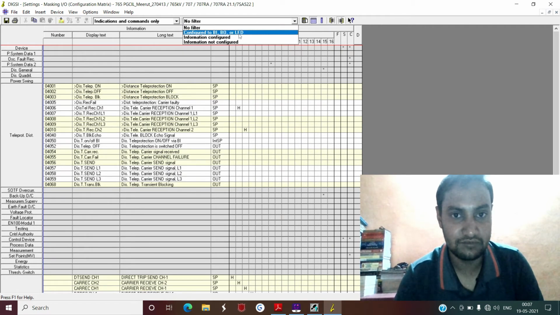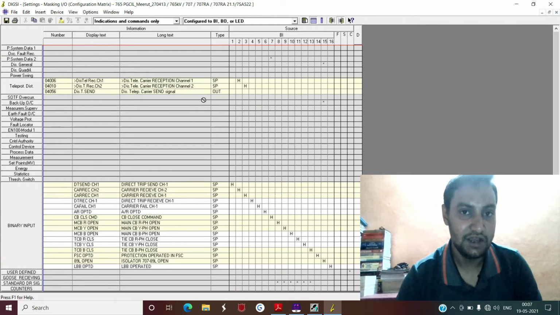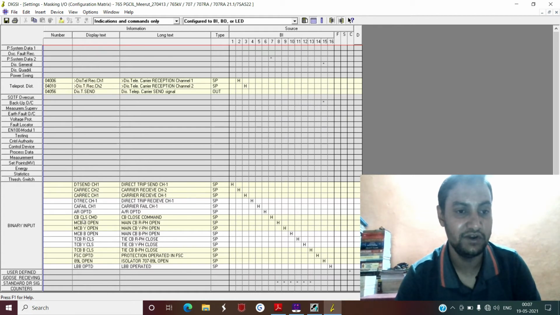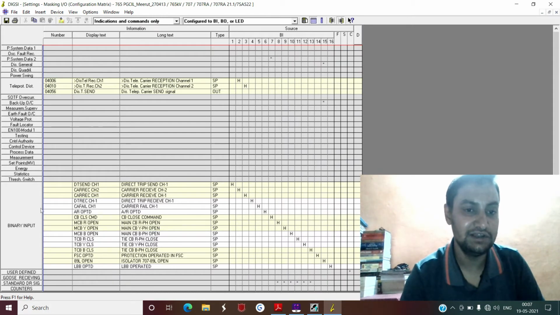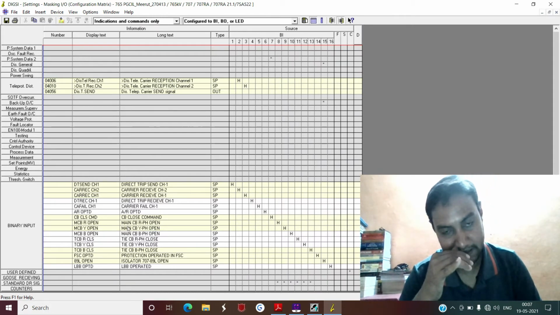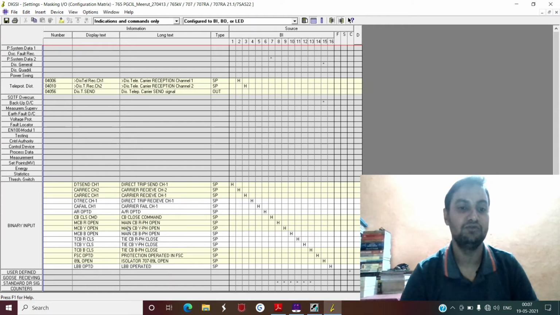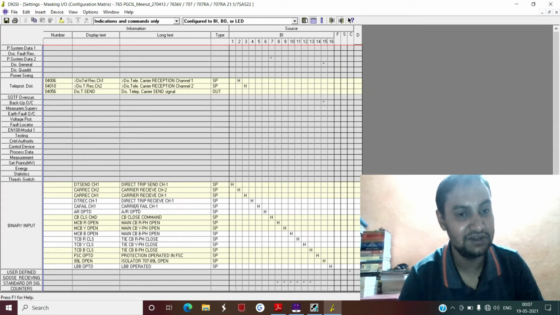Just for that matter, I am selecting only this. Now, what this means is that this 7SA522 relay doesn't work on the basis of carrier receive channel 1, channel 2, which you have configured manually, because these manual signals are not detected by the internal functions of the 7SA522 relay.